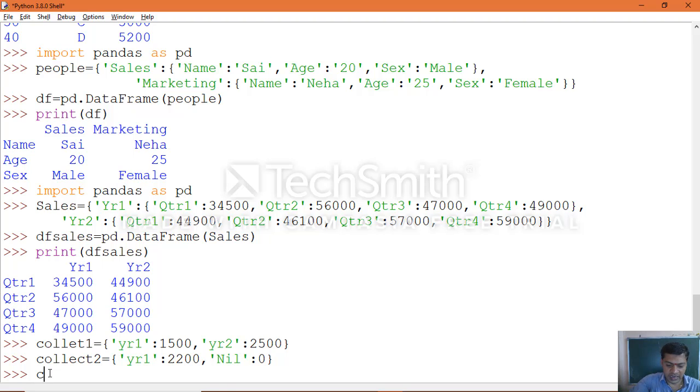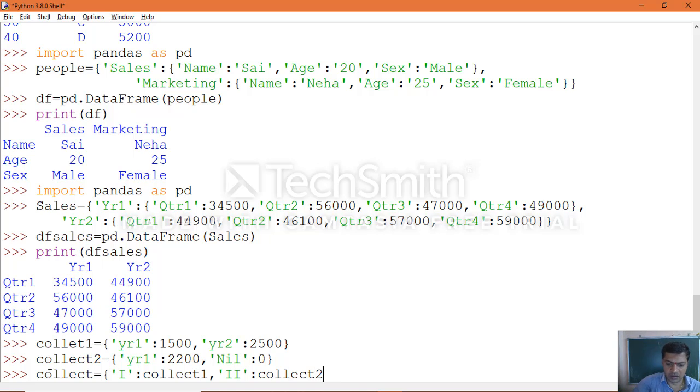Now make it as another dictionary, where you make use of those dictionaries here. 1 colon collect1, we specify comma, 2 colon collect2.